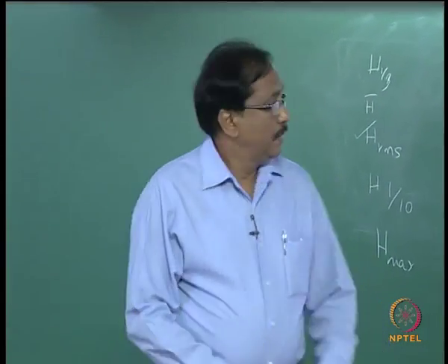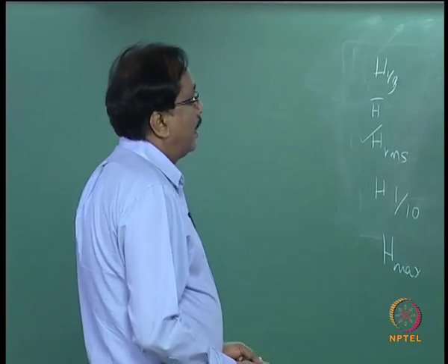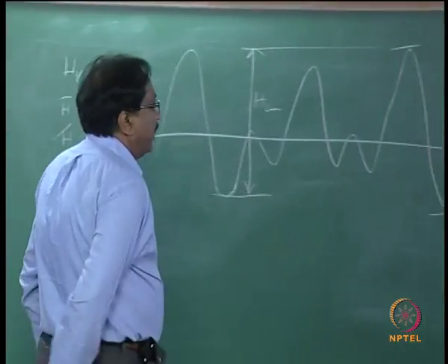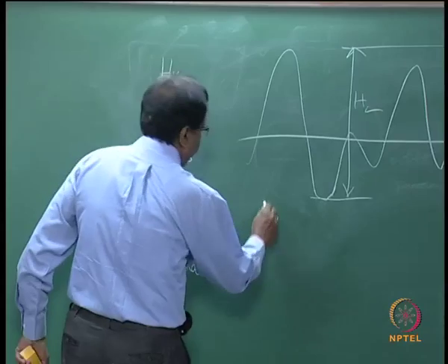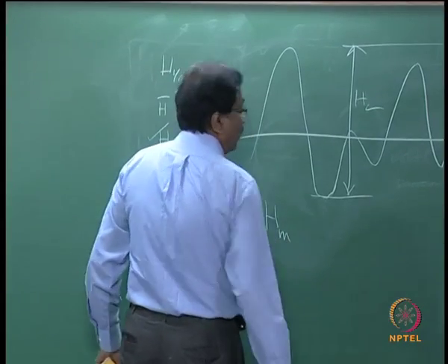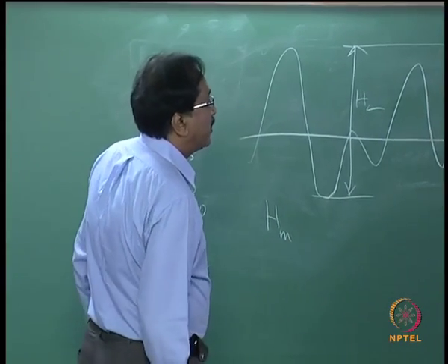So then theta is log, where nz is the number of zero up-crosses. Using this simple formulation you can arrive at your H RMS, and once your H RMS is obtained, then your H max